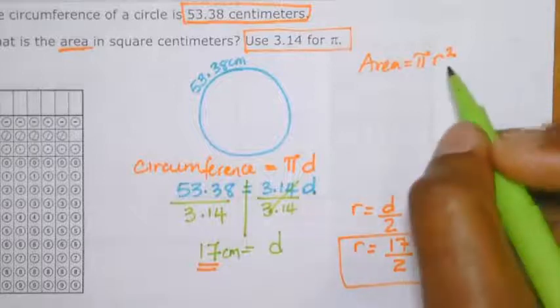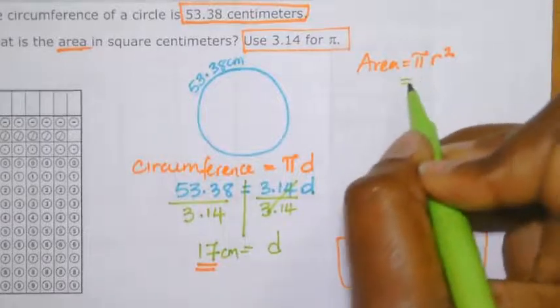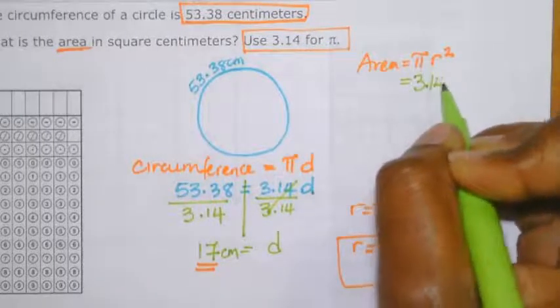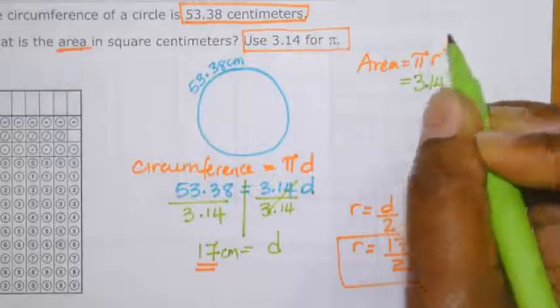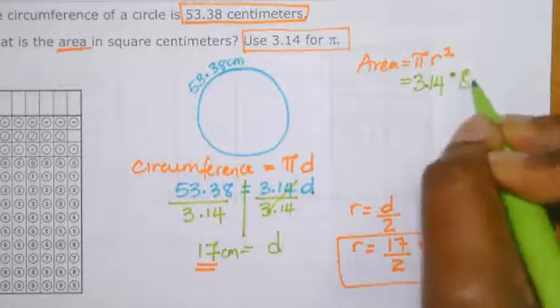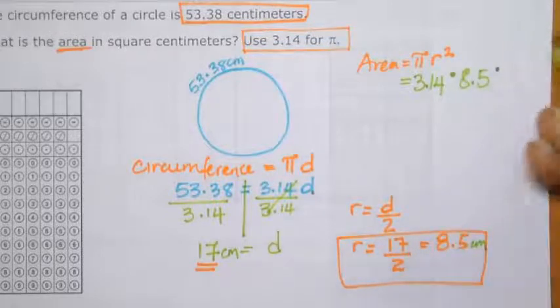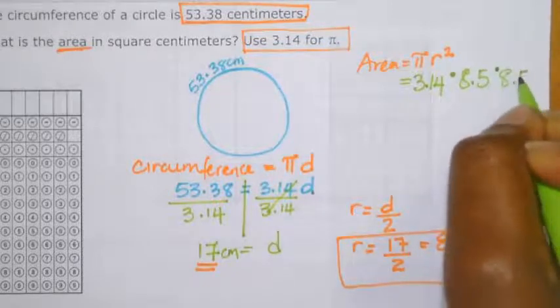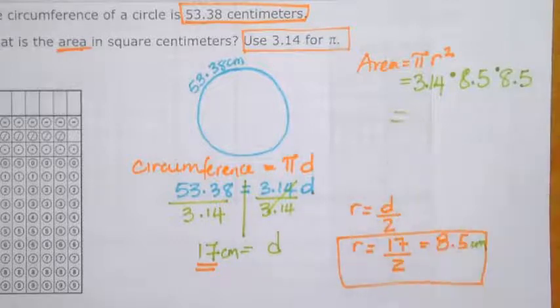It's going to be 3.14 times whatever r is. In this case, r is 8.5 centimeters. So 8.5 times 8.5 again, because it is radius squared. So it's going to be 3.14 times 8.5 times 8.5, which gives us